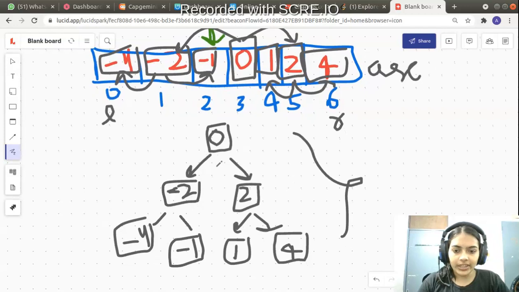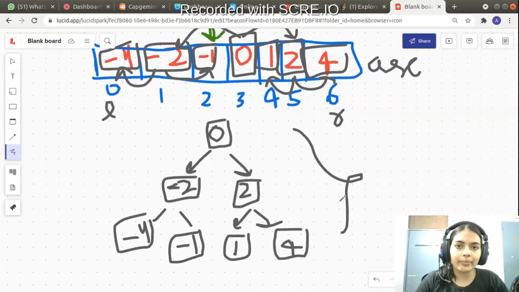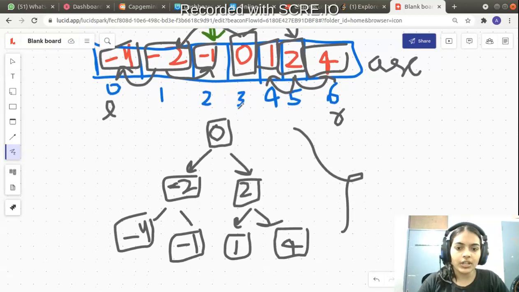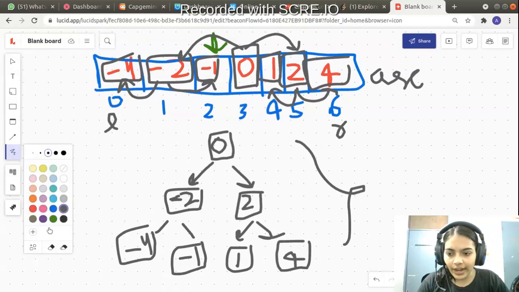So because it is having the same depth on both sides, even if one depth is here and there, that is allowed, but it's not allowed that you have 3 levels extra here or 5 levels extra here. That is not allowed. So this is fine. Okay, how do we actually write the code of this?